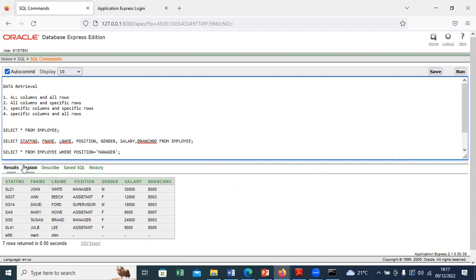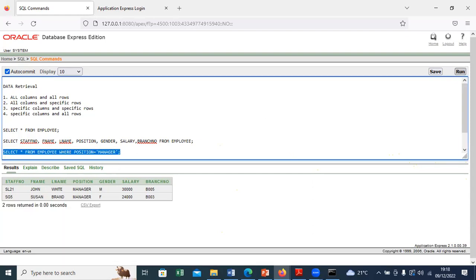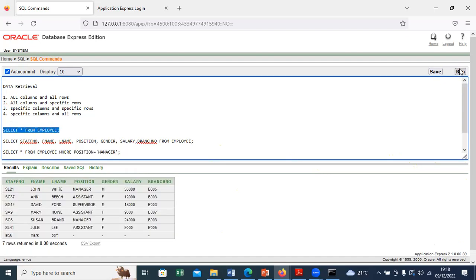so when I say where position is equal to manager, you'll realize that all columns will be included, with only specific rows of individuals that are working as managers. So it has only extracted these two that are satisfying the condition, but all these other columns are in your resultant set. So it is up to you as a given user: what condition do you have at hand? And in having this condition, you want to generate a resultant view. From generating this resultant view, you use an appropriate operator